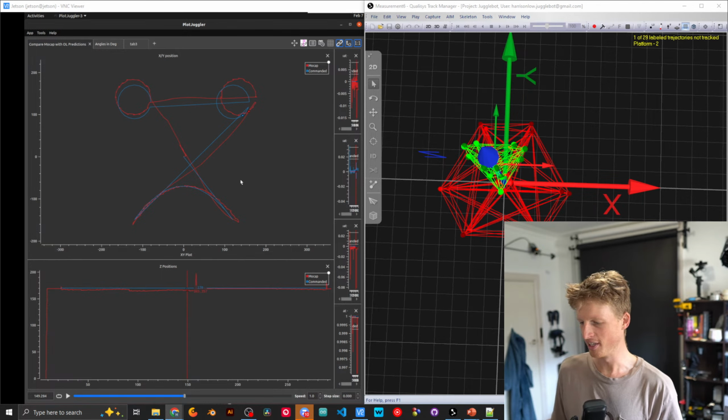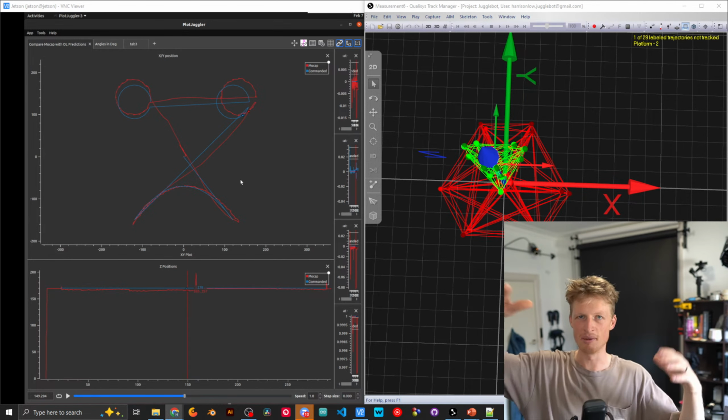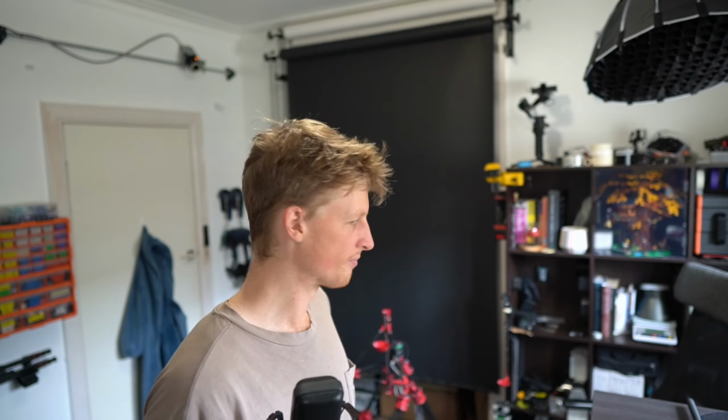Yeah, but the idea would be that we get the platform to move around to some number of positions. I don't know how many yet. I'm going to reread this paper and also check out a couple of the other ones that I found. But the TLDR is basically move the platform to heaps and heaps of positions and orientations as well. And then I believe the